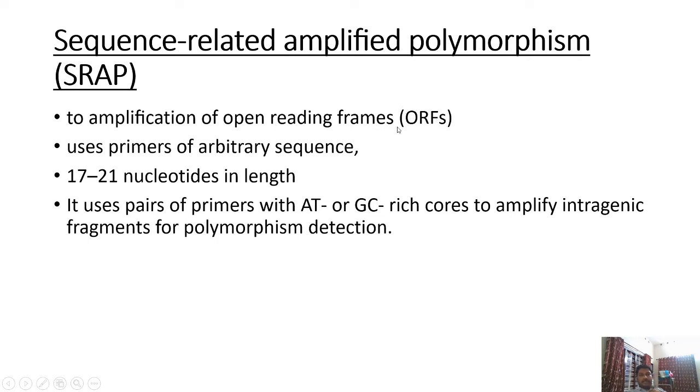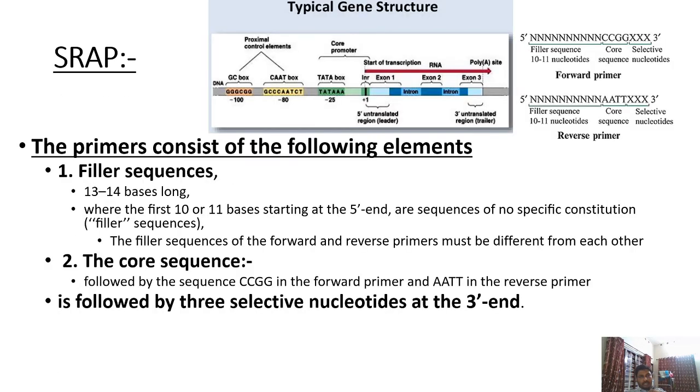Here, definitely we are not going to prepare sequence-specific primer sets, because we are not going to target a specific open reading frame, but instead we are going to target most of the open reading frames within the genome. So we have to construct the primer sets in a common pattern. Primer sets may be arbitrary in nature. The length may be around 20 nucleotides. So we can go to the common design of a primer, the SRAP primer.